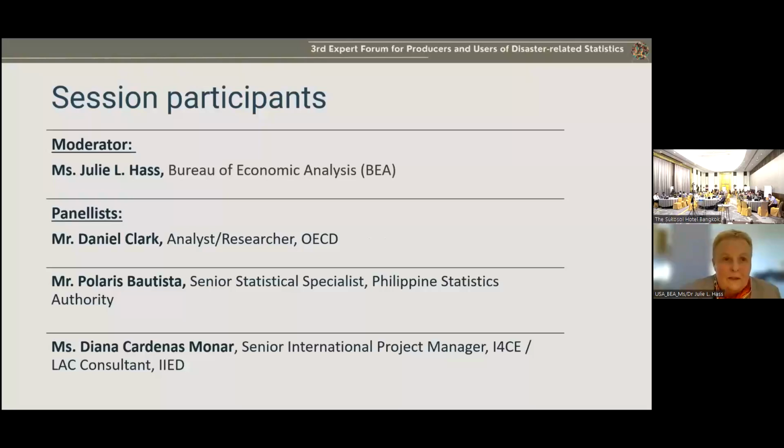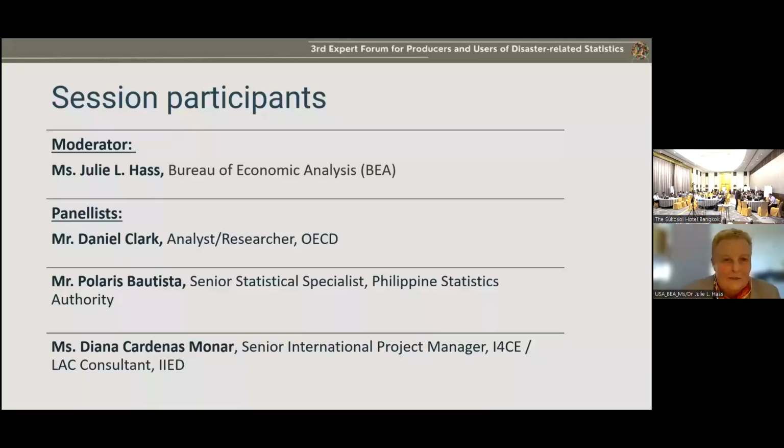We've got four of us here today, myself and Daniel Clark from the OECD. Daniel and I ran into each other first in New York City when he was working for the UN Statistical Division there, and then we ran into each other occasionally in other places. He has worked on the framework for disaster-related statistics. And all of a sudden we were in Mongolia and he was working on the Ulaanbaatar City Group, and I had the pleasure of spending time with him there as I was working with the Mongolian Statistics Office.